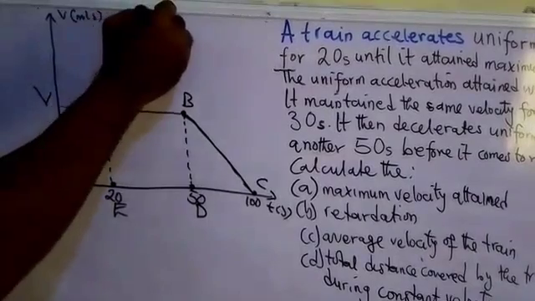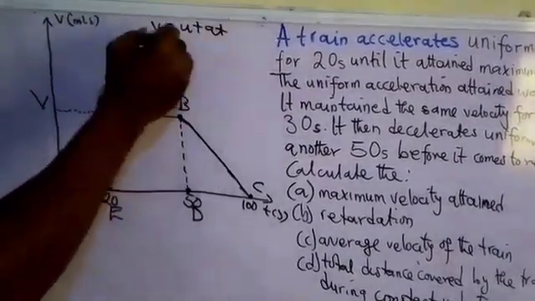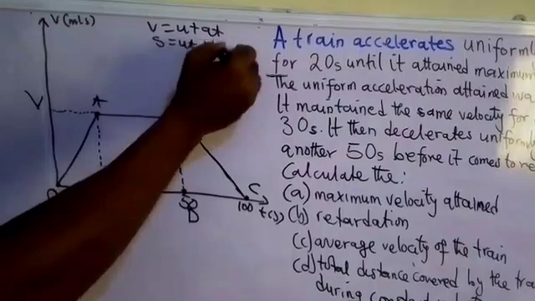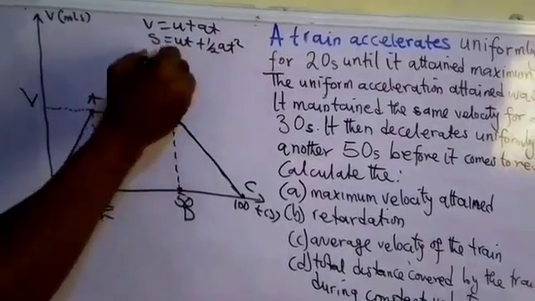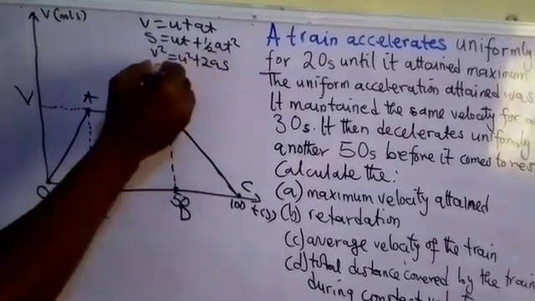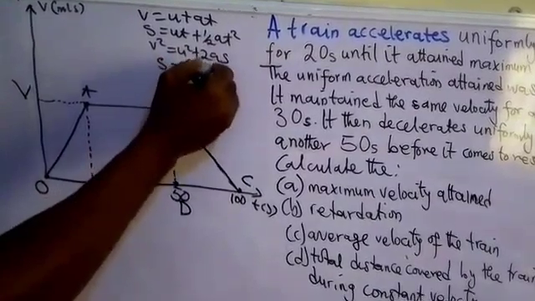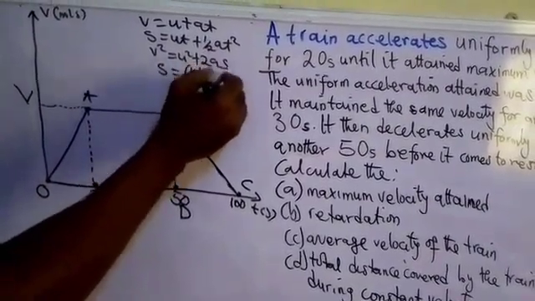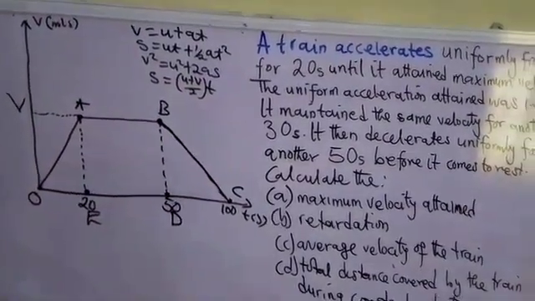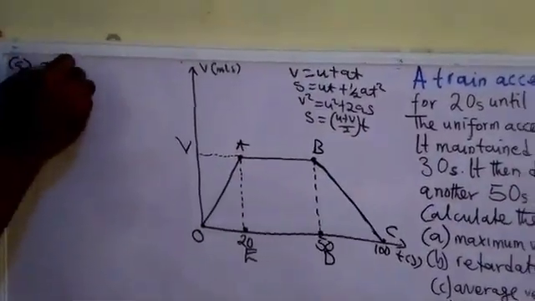Always remember the equations of motion. v equals u plus at. s equals ut plus half at squared. v squared equals u squared plus 2as. And finally s equals (u plus v) over 2 multiplied by t. Now, maximum velocity. You look at the question given. Acceleration a was 1.5 meters